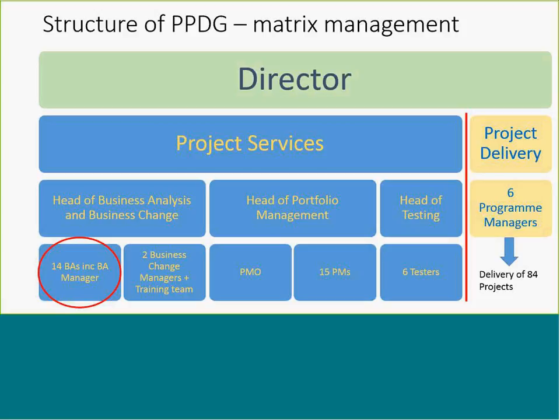There's portfolio management, who manages the PO and 15 PMs, and then the head of testing, who's got 6 testers, and quite a lot of contract resource. So we are managers of all the project resources. The delivery side is run by 6 program managers, so they don't have direct line management responsibility, but they do have responsibility for the delivery of our projects. And they're 6 because that splits into the 6 IT boards that we have as means of governing different areas like education, research, libraries, etc.